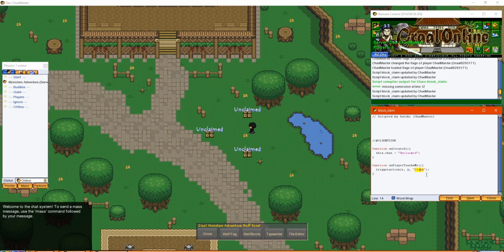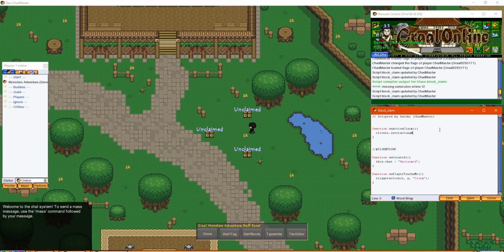So now how do we actually go above the server side and trigger that? You just create any old function, and it's always going to start like this. It's always going to start with onAction, and then this next part has to be exactly the same. So claim: when they touch it, it should trigger the server side and run this function. And this is completely server side, so that means we have access to Clientr now. We can modify and read it. So when they touch it, let's do clientr.interacting_w